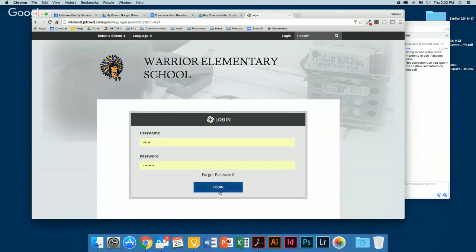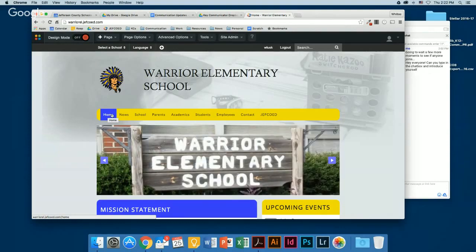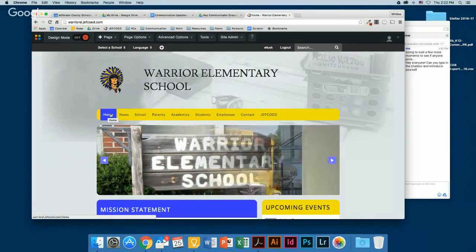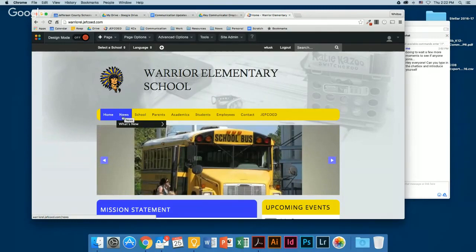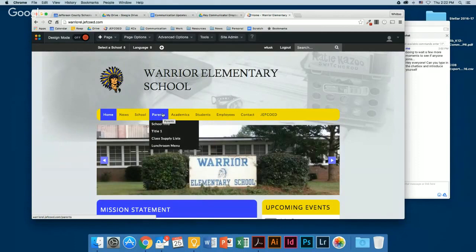So for instance, Roman numeral 1 would be home. And everything that is underneath home is big A, news, big B, school, big C, parents, and so forth.